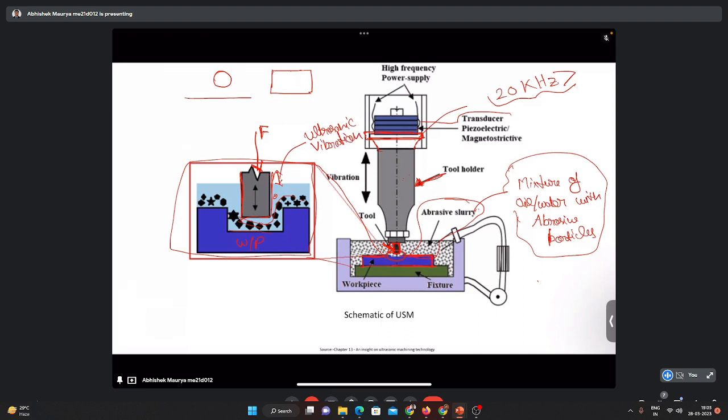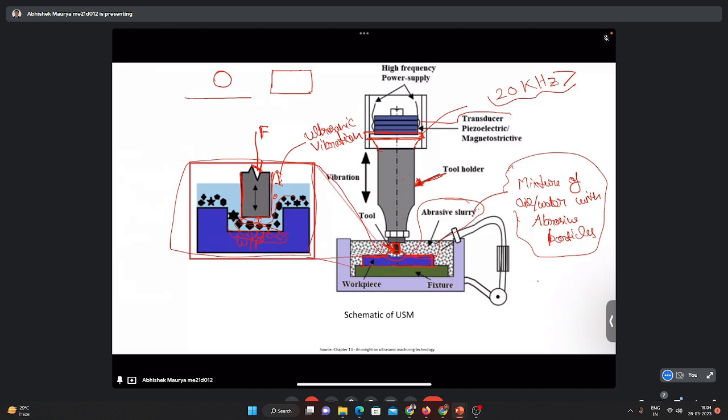So because of this vibration and this force, what will happen? The tool will come and hit the abrasive particles, and this particle will apply load over the workpiece. And if the workpiece material is not very ductile, or it is brittle, then this abrasive particle will locally fracture the workpiece material, and this